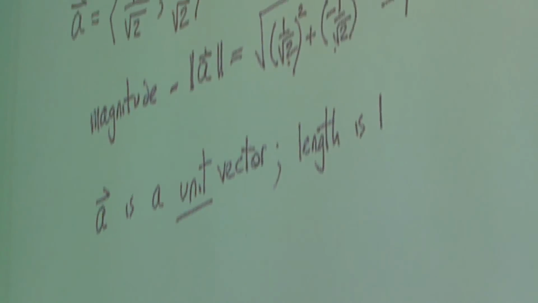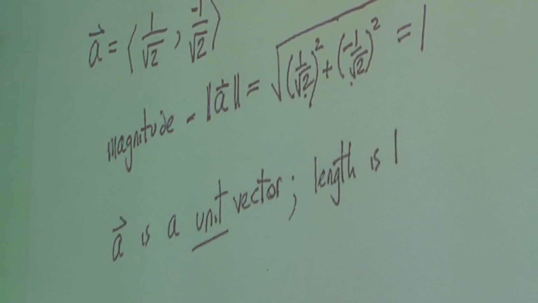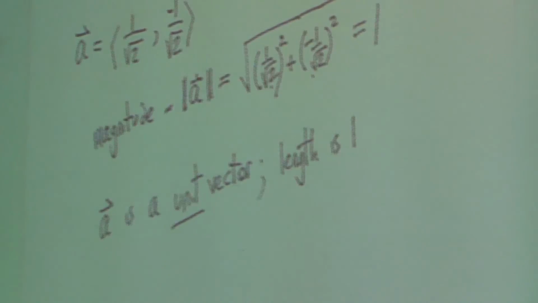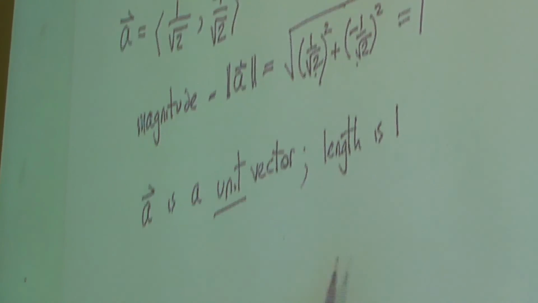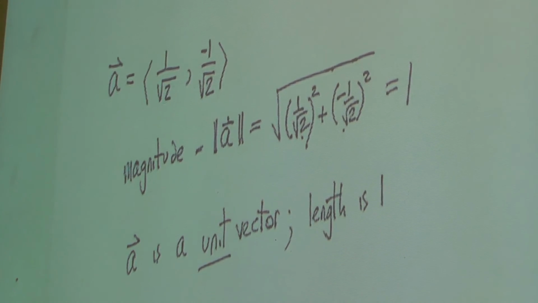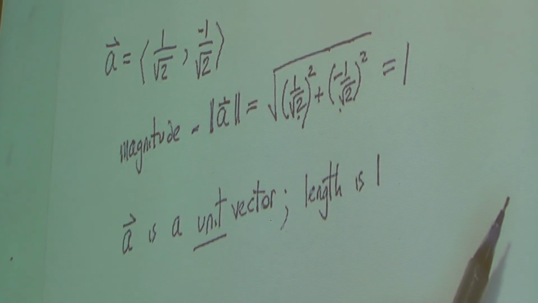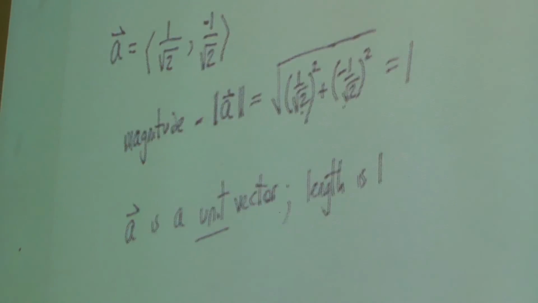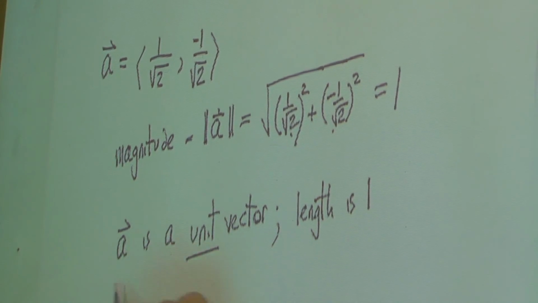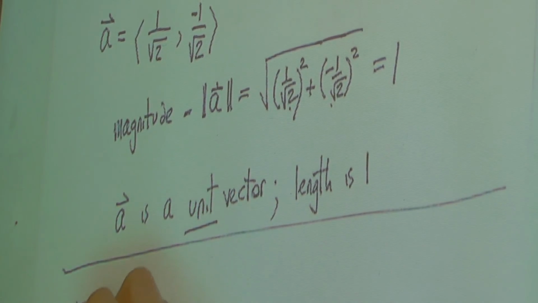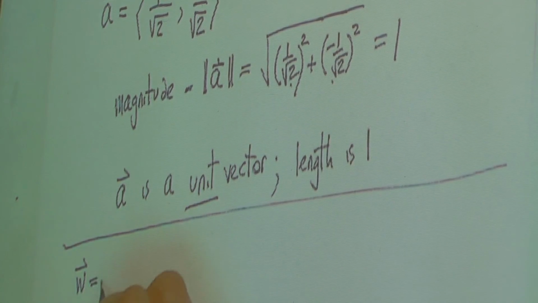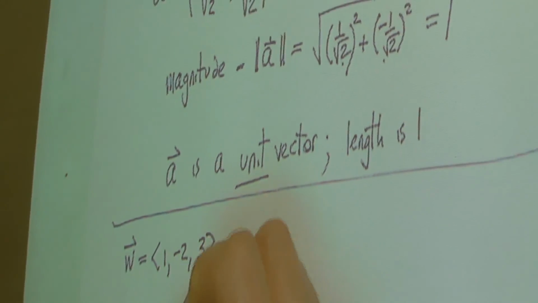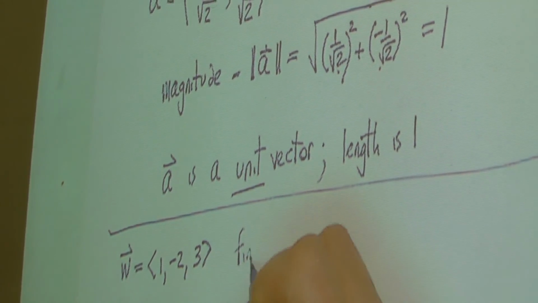There are going to be various times in here where I need a vector that is maintaining the same direction, but I need it shrunk down to length 1. So you will see problems such as the following. W is a vector 1, negative 2, 3. Find a vector